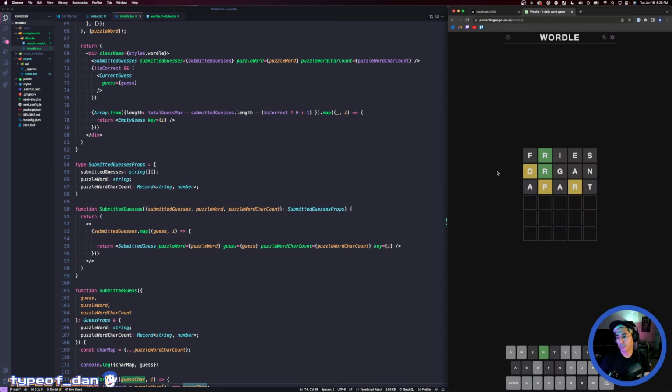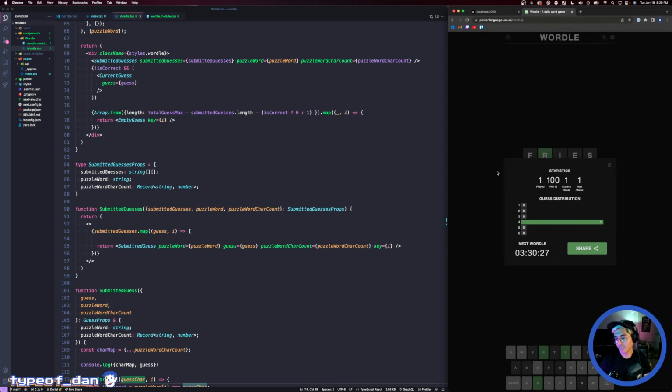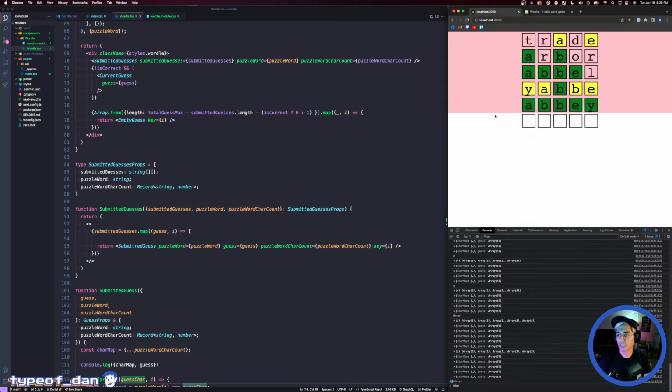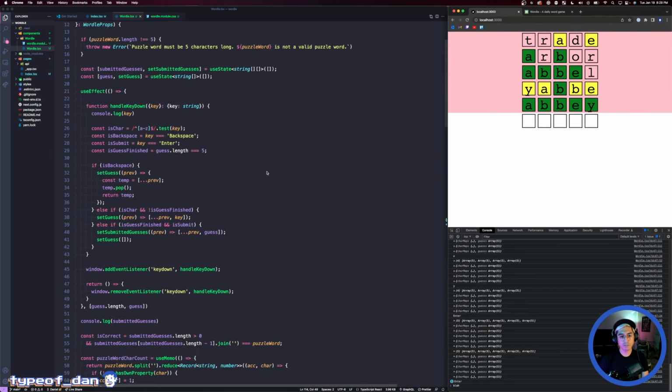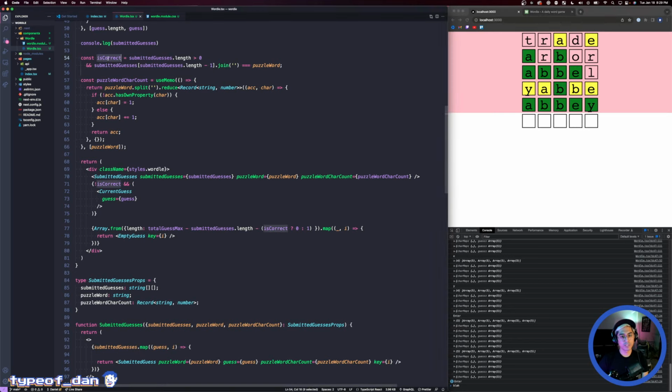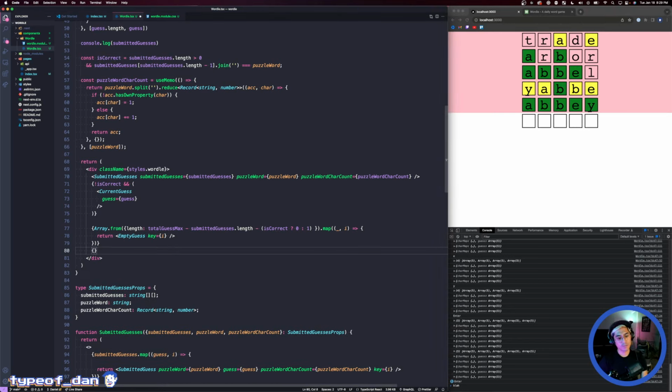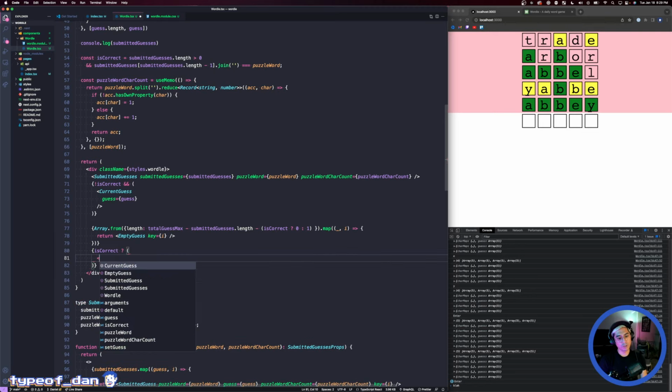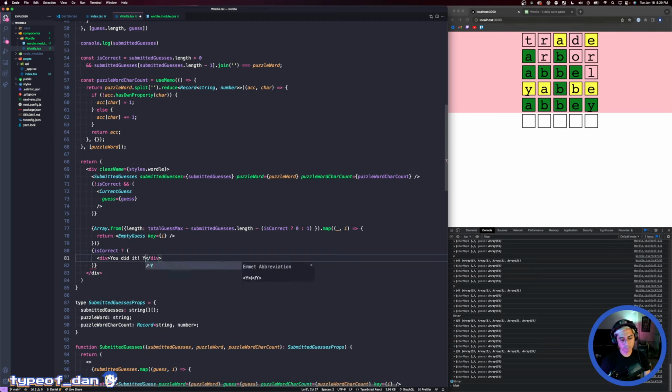What should we do? So in Wordle, if you guess the right thing, it says splendid and then gives you the statistics. That's gonna be way too much to code in one session. But why don't we have some sort of thing where if is correct, then we show them a little message, and then if they run out of guesses,